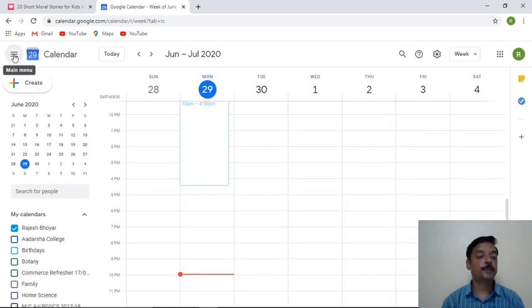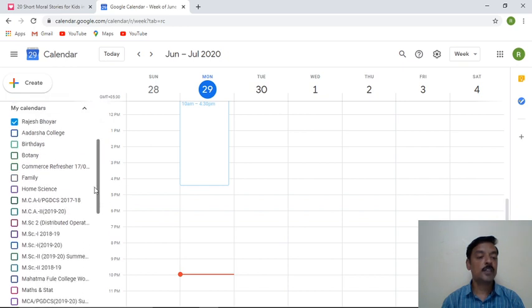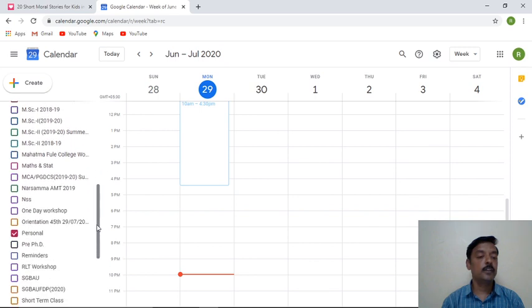I'll move back. So whatever calendar I have just created will be available over here as personal. So this is my personal calendar which I have created. Now the next part: suppose you need to add any type of activity under this calendar. So for that what you have to perform, I'll tell you. Suppose I have a meeting on Wednesday, suppose it is at 1 p.m.